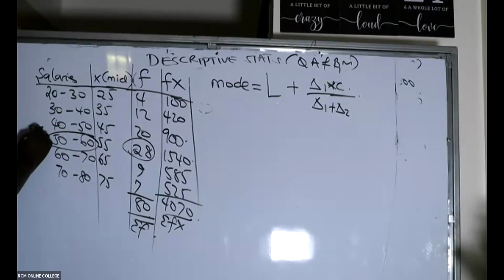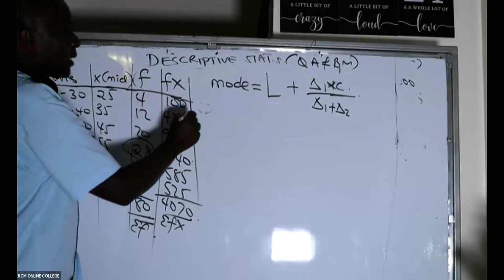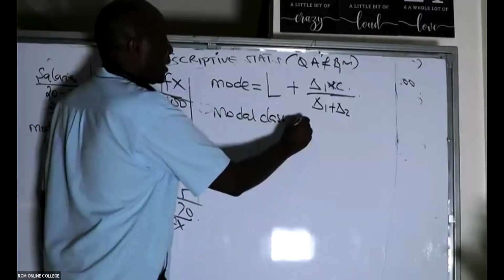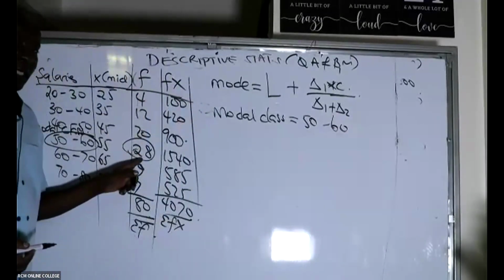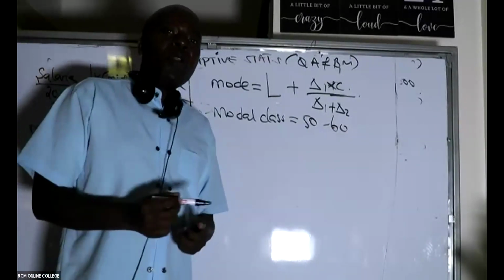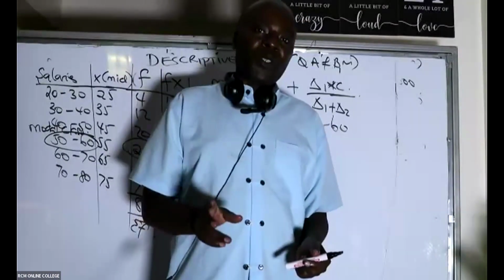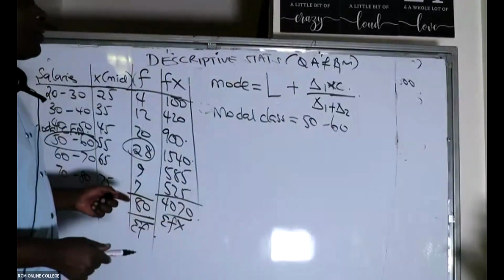So this is the modal class. The modal class is 50 to 60, the one that corresponds to the highest frequency. By definition, mode is the one that has the highest frequency. So, ladies and gentlemen, once you get this, then you need to give us what we call